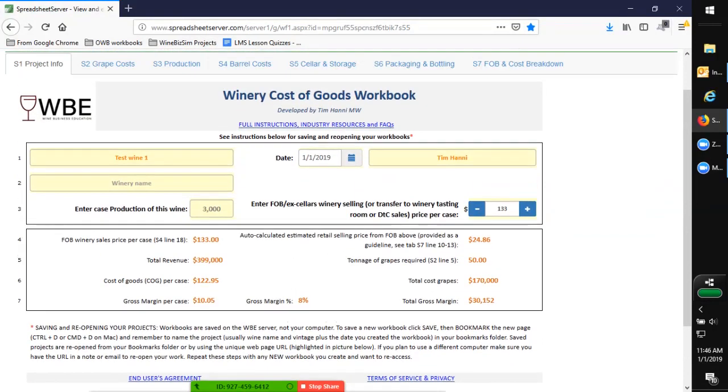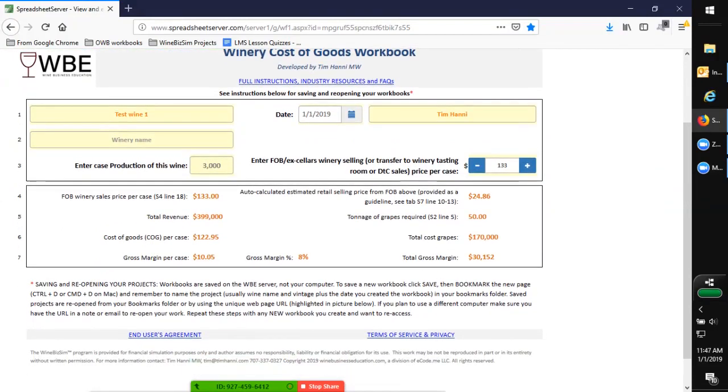The program is fully populated so that basically you can just go in and change numbers and see the effect that the different fields have on the margin and profitability of the wine that you're creating. So if we're creating, for example, a red wine blend that's going to sell for $25, that's how we've got the program pre-selected. You get to go in and say, but I want to make 500 cases or 10,000 cases of wine. And so I can change that number for production, and you can see then